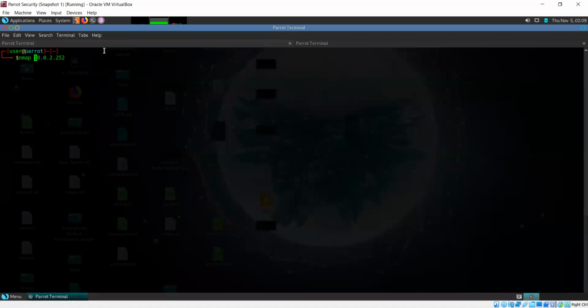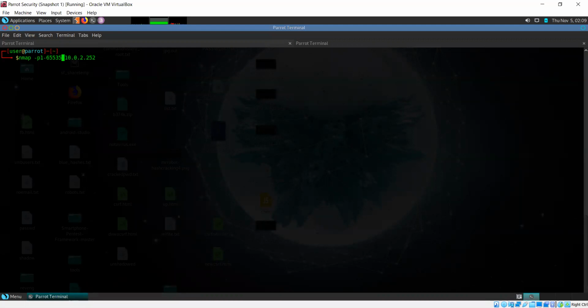See, for scanning all ports, what you do is you write hyphen P, and either you can write 1-65535. Either you do this, so you're specifying a range in this case, and the range is simply the entire range of ports that are available.